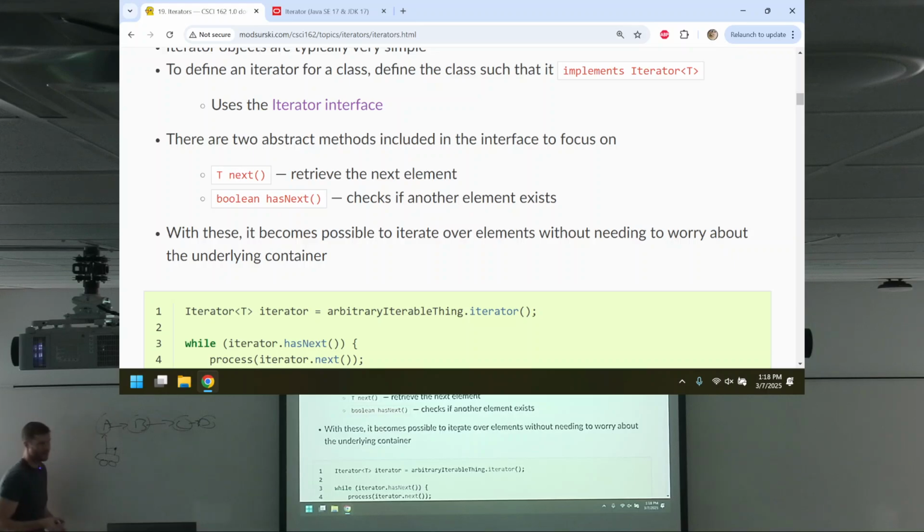So here's my little robot. It's here, right? Give me the next thing. Well, that's A. Now you go to the next. Give me the next thing, B. I'm asking this robot, give me the next thing. The robot's dealing with how to move over the underlying collection. Is it an array? Is it a link structure? That's the robot's problem. I just say, hey, is there another thing? Give it to me. That's what hasNext is. It returns true if there is another thing. If it returns false, well, it's at the end, and then it's done. It served its purpose.